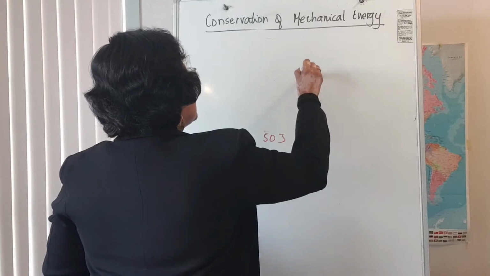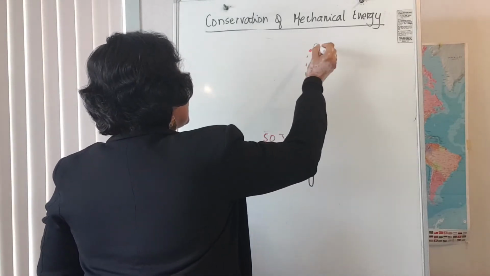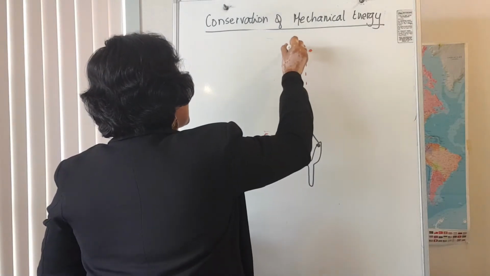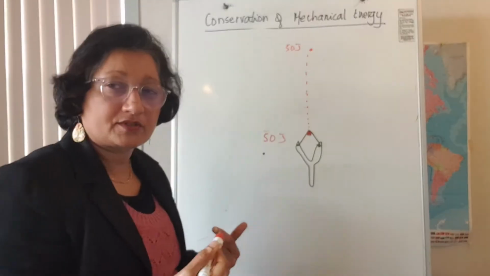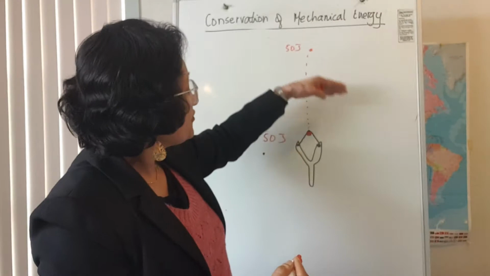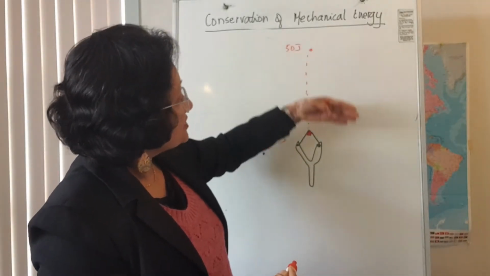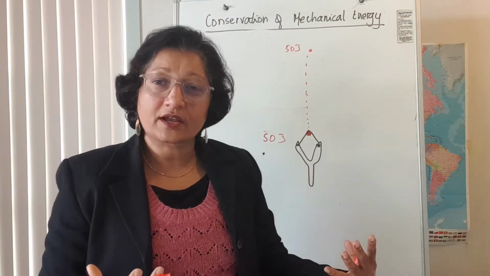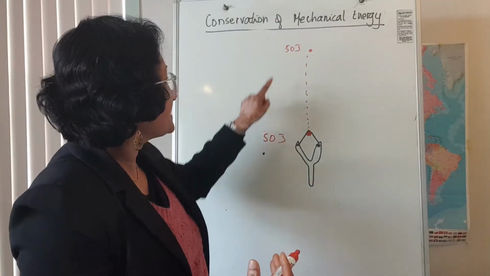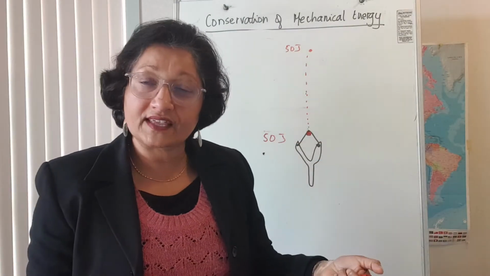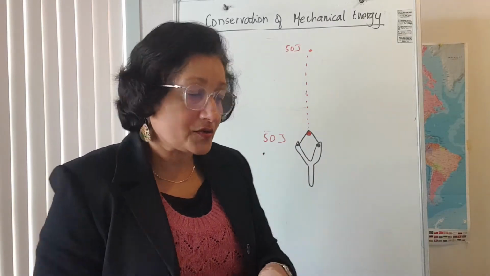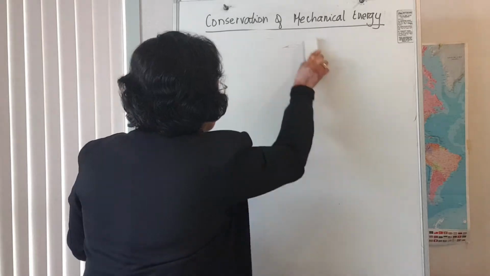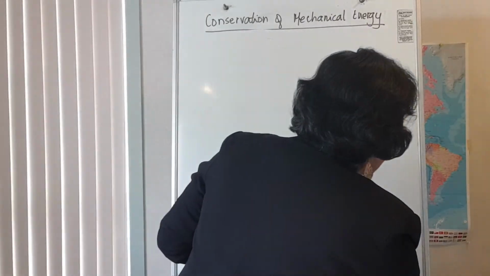And then when it reaches the highest point in its flight, all that 50 joules of kinetic energy will become 50 joules of gravitational potential energy. And then when it falls down, all that gravitational potential energy is going to get converted to kinetic. The point I'm trying to make here is that this number stays the same, only the form of the energy changes. So based on that knowledge, let us solve a couple of questions